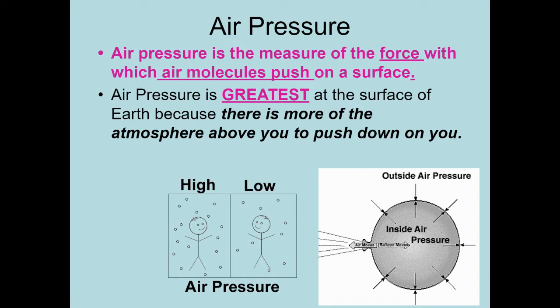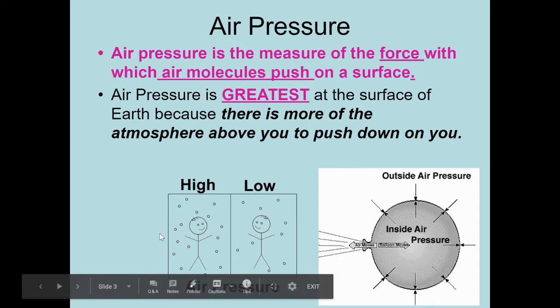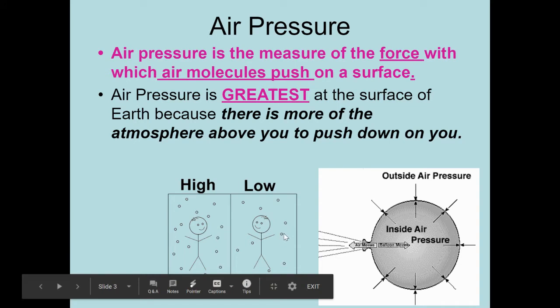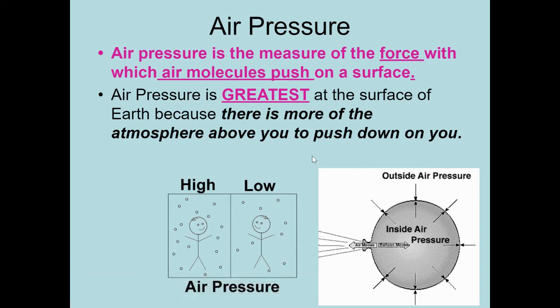An area that has high air pressure, you can kind of see in this diagram here, is going to have more of these dots, and these dots are representative of air molecules. So there's going to be more air molecules around an area of high pressure than an area of low pressure. Think about low meaning less. There's going to be less air molecules represented by these little dots here. Less air molecules, less air being pushed down on you in a low pressure area.